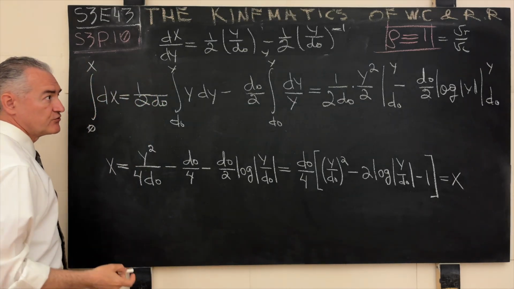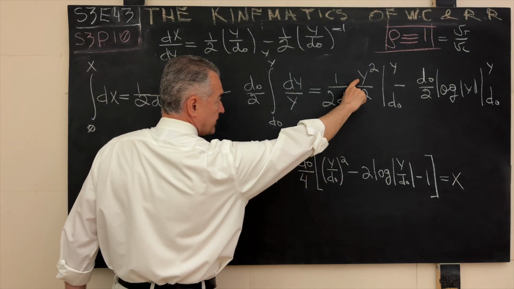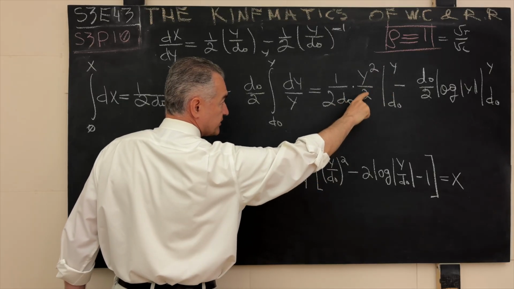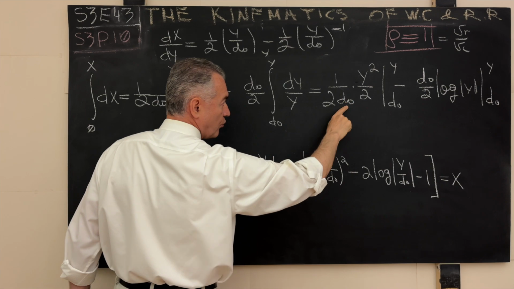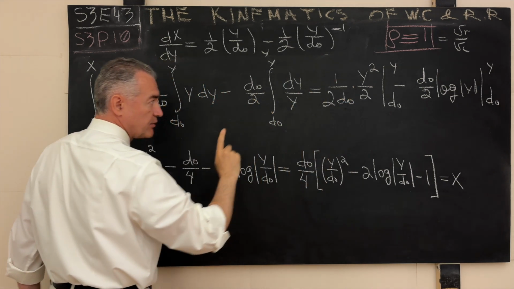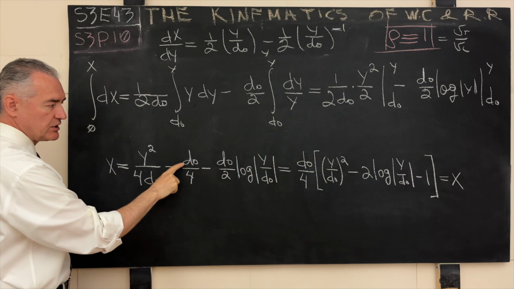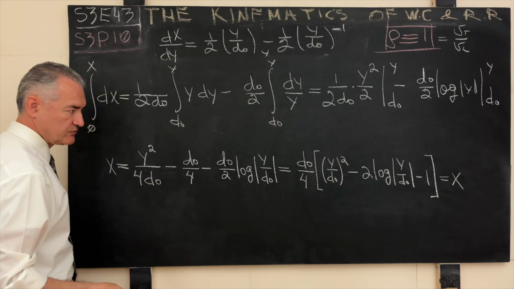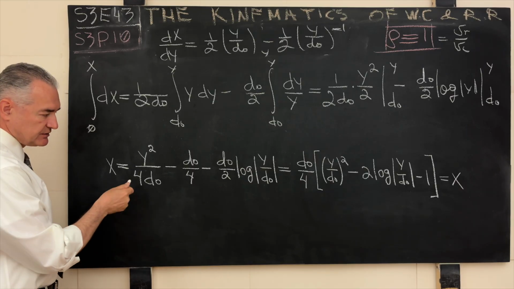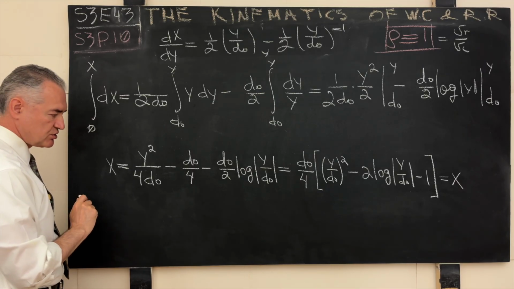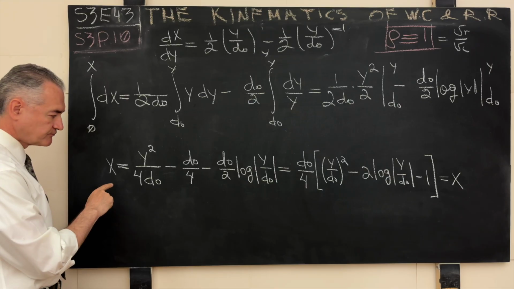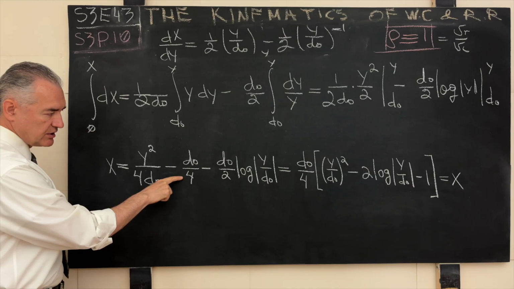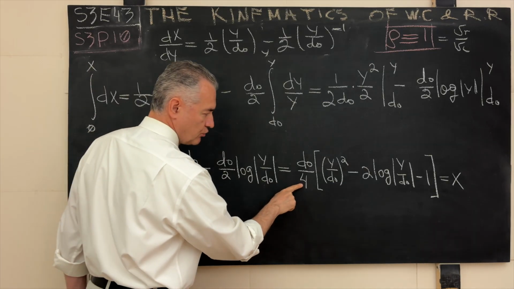And this is very straightforward. Here we have y squared at the upper boundary, y squared over 4 copies of d0 minus here d0 squared over d0. Only 1 copy of d0 survives in the numerator. Here is the same ratio again, y to d0, the basic property of logarithms. But it is slightly more convenient to rewrite this expression over here for the shape of the trajectory of the chaser C if we factor out 1 copy of d0 over 4 as shown over here.